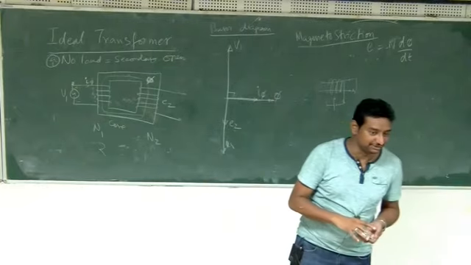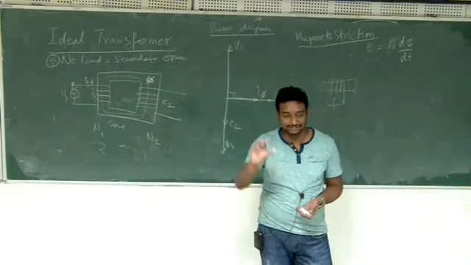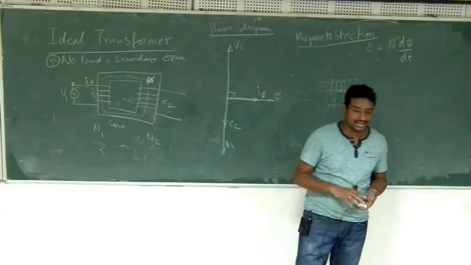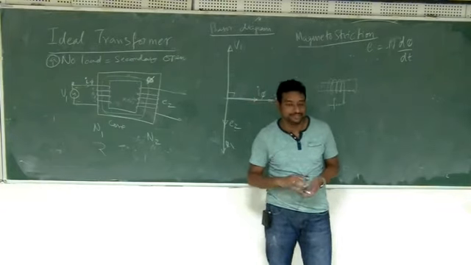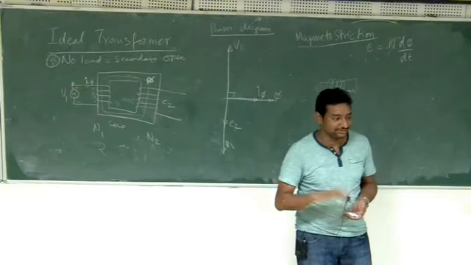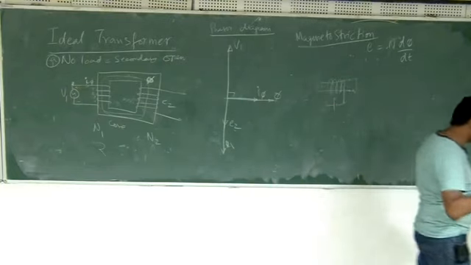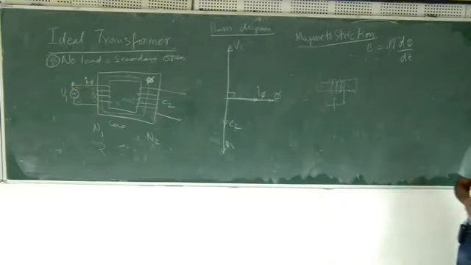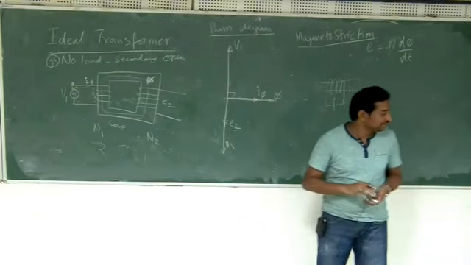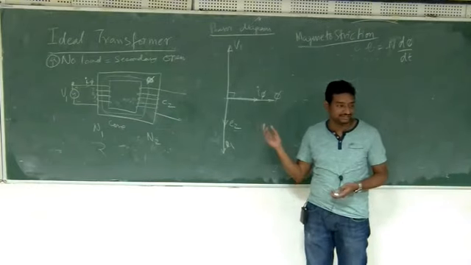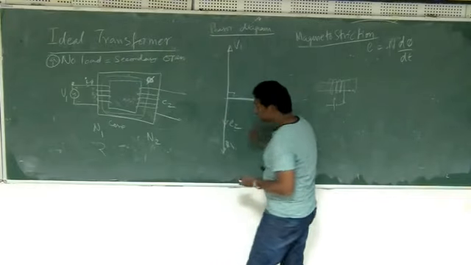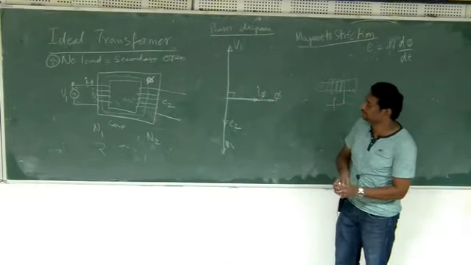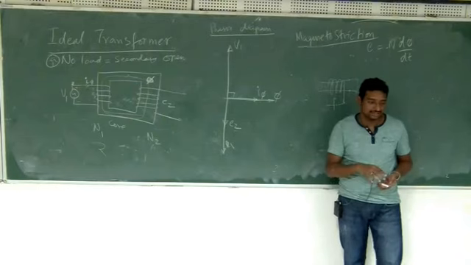So you can verify that if you're working with some small transformer in the lab or near the roads. If you have a distribution transformer, if you go near to that and you don't touch it, you can just put your hand near to that. It will be slightly hot. Or even in some of the equipment, if there is any transformer. So that is the result of this one. So heat means loss of energy.